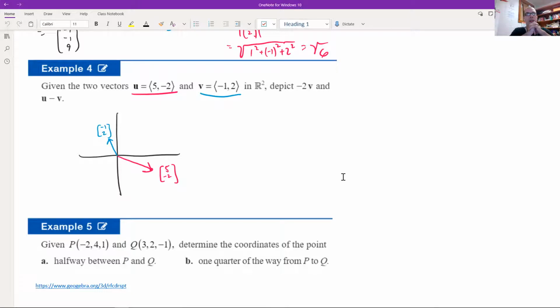Okay, so -2v would be in the opposite direction of v and twice as long. And that would be +2, and then -4. Cool. And then if we did u minus v,